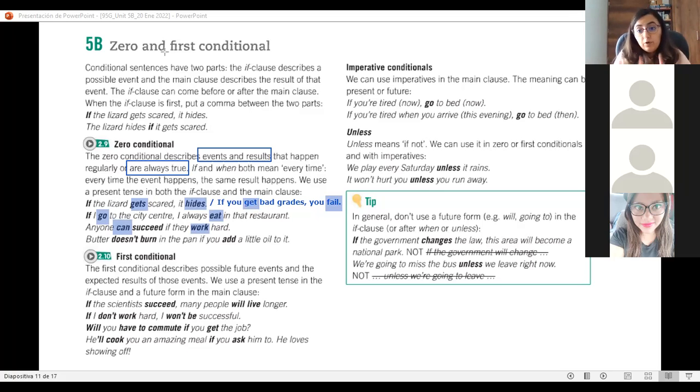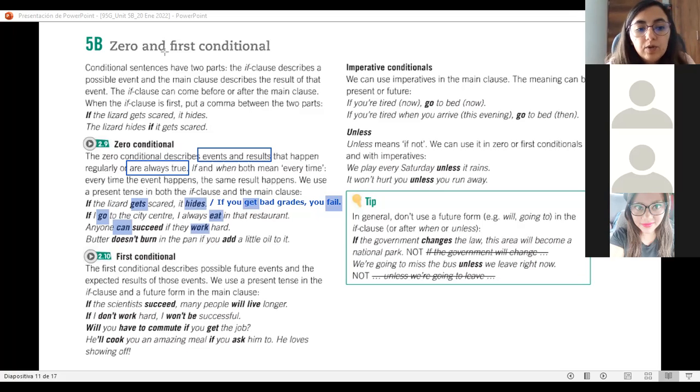Si te asaltan, te pones nervioso, o te frustras o lo que sea. Entonces, este zero conditional nos permite hablar de cosas que son verdaderas, que siempre van a ser verdaderas, tanto la condición como el resultado.